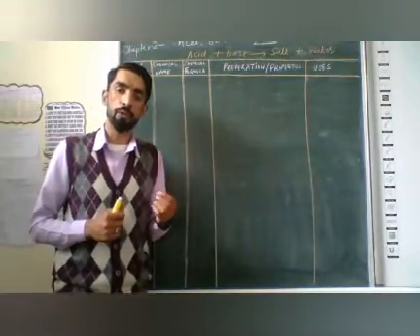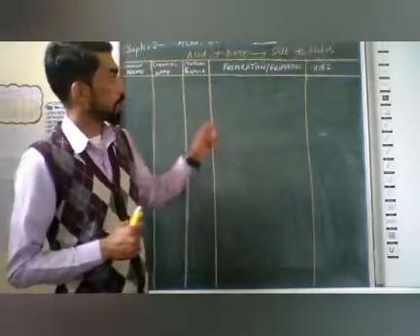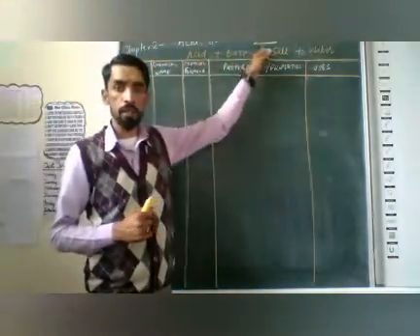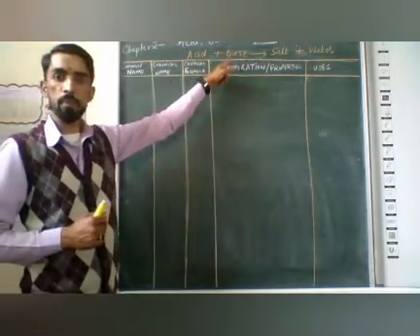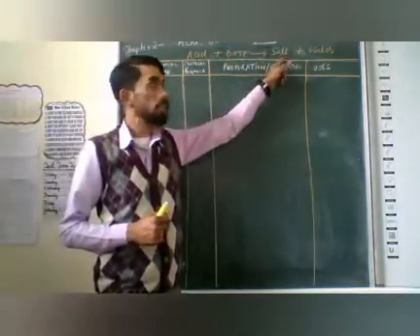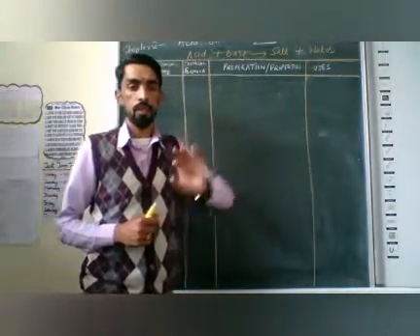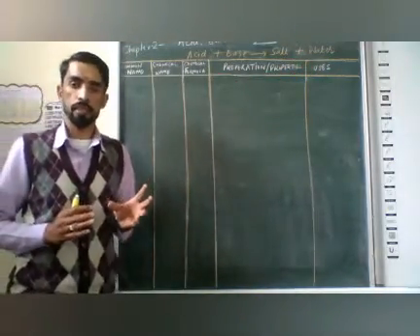In the last two videos, I told you about some common salts. We are doing the chapter Acids, Bases and Salts. In this chapter, we know that when an acid reacts with a base, it forms a salt and produces water. This kind of reaction is called a neutralization reaction.